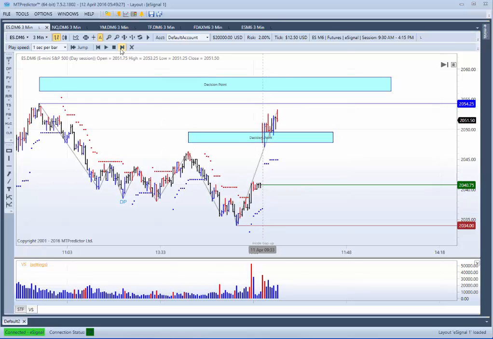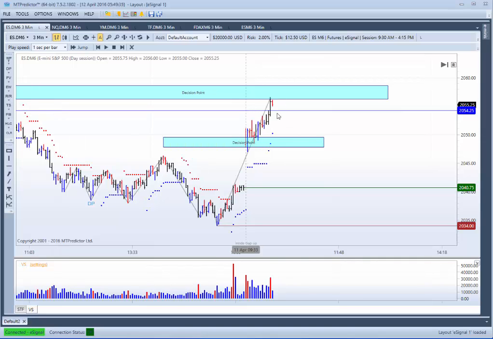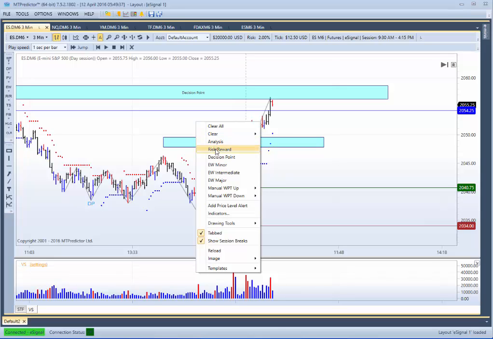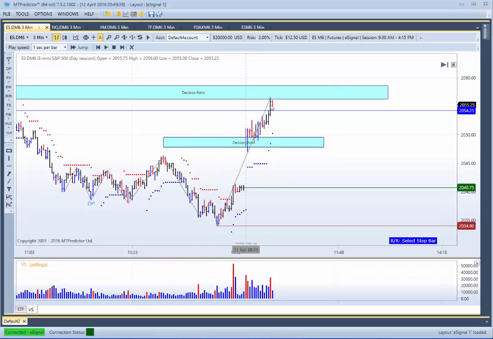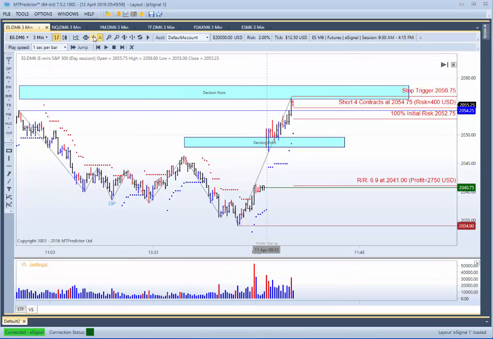So let's step forward, the market starts to go up, and now it hits this level here. It hits the DP level and then makes a red sell bar. So this is the next place where we would look to take a short trade to take advantage as the market makes a reversal to then close the gap. You can see what I've done, manual risk reward down into the previous day's close there. This is also a very good trade, in fact a better trade, because